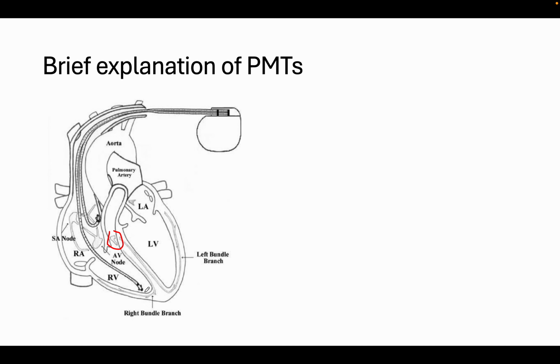Retrograde conduction is conduction that goes from bottom back up to the top. In this case, this patient might have had a complete heart block, so that antegrade conduction was really poor. But for some odd reason, some patients have really intact retrograde conduction, and that's the basis of a PMT. So what probably happened is that a ventricular ectopic